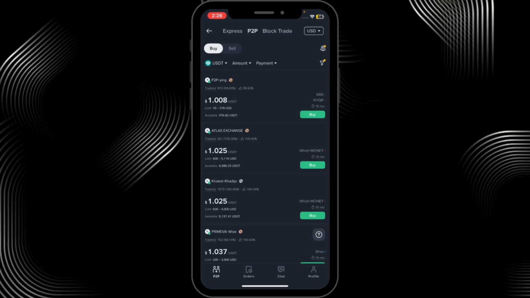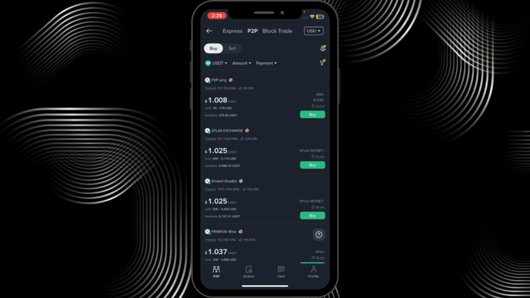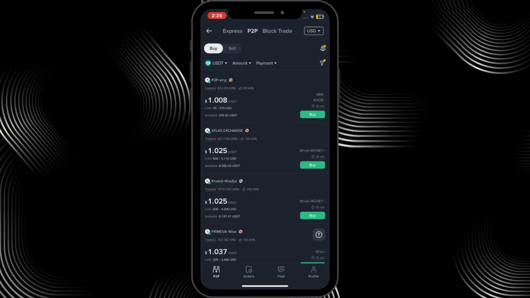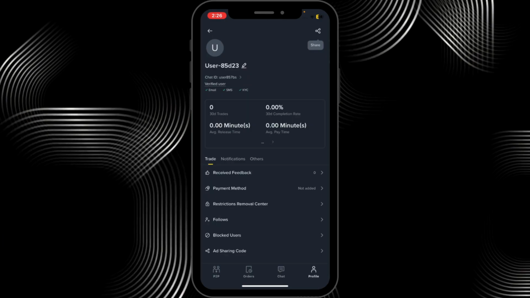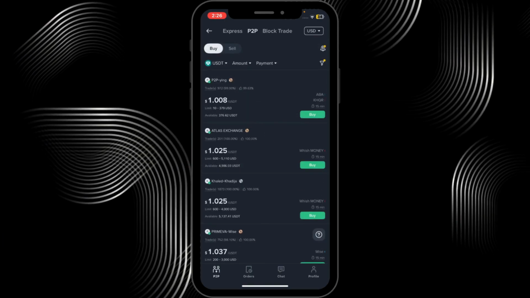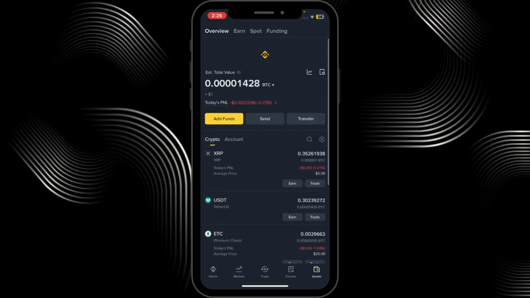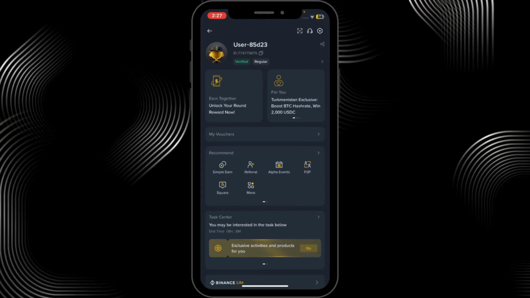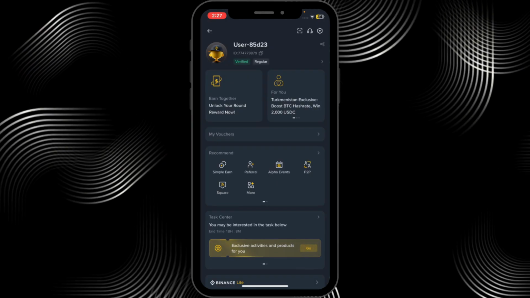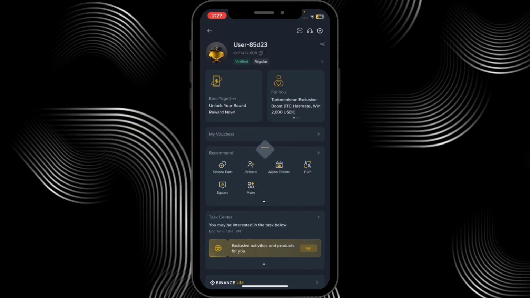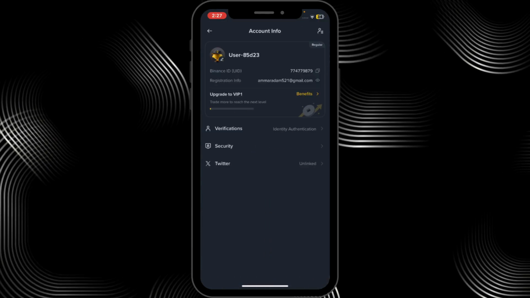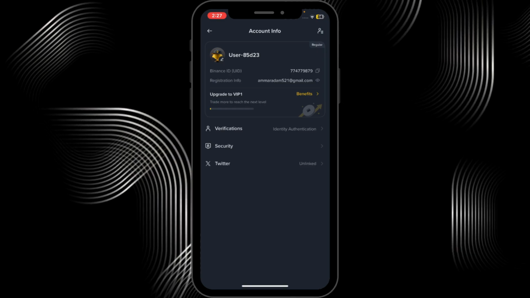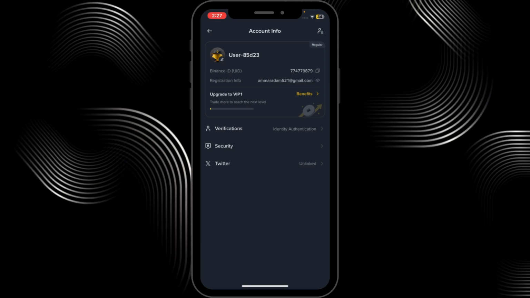So if P2P is restricted, it can be due to several reasons. Probably incomplete identity. So go ahead to your profile at the bottom right. Make sure that you verify your account. Let me go back here and show you. Go home, click your avatar icon. Make sure your account is fully verified. Submit any necessary documents, usually password and ID, and of course proof of address, and then you're going to be able to access the P2P